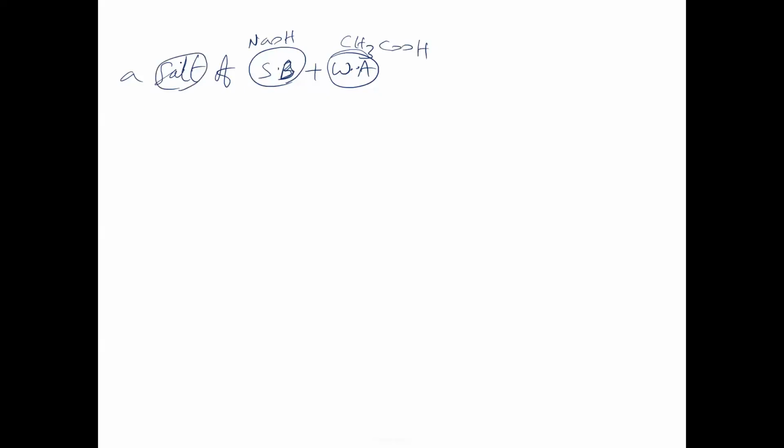Now suppose I'm taking here a salt of strong base plus weak acid. Strong base means imagine NaOH. Weak acid means imagine CH3COOH. Okay, it is salt. What will be the salt formed here? CH3COONa, sodium acetate. Sodium acetate is a salt of what and what? Salt of strong base and weak acid.